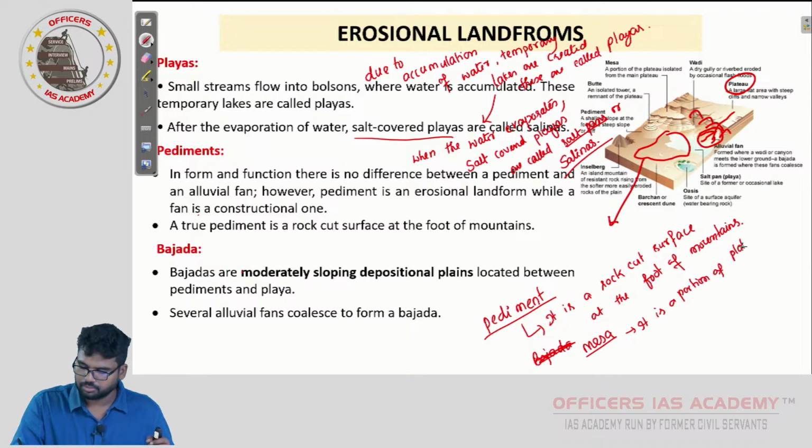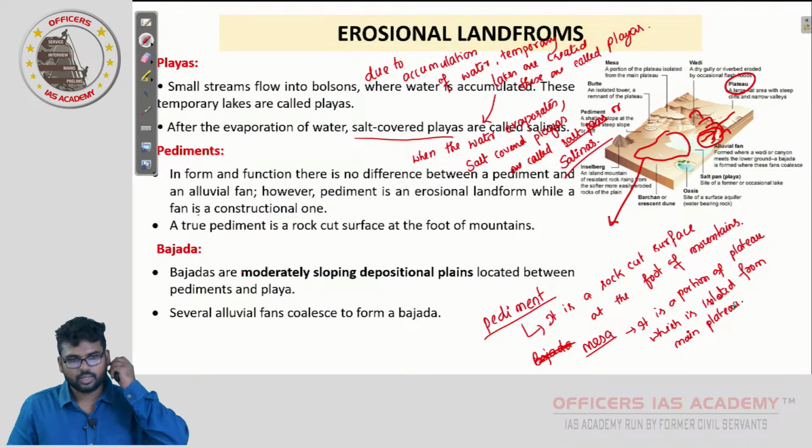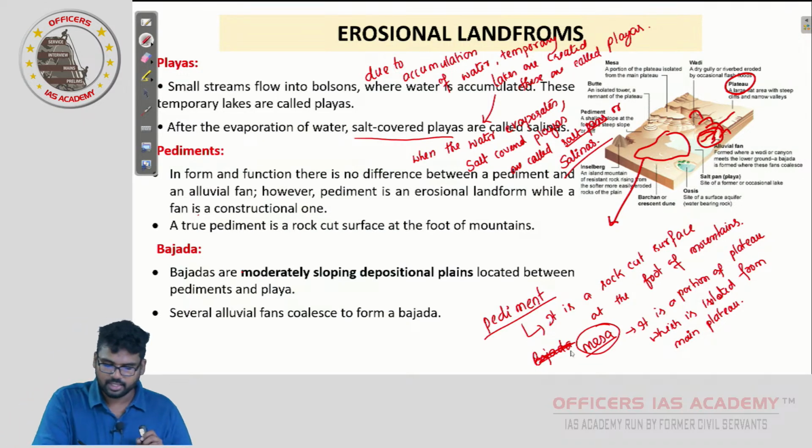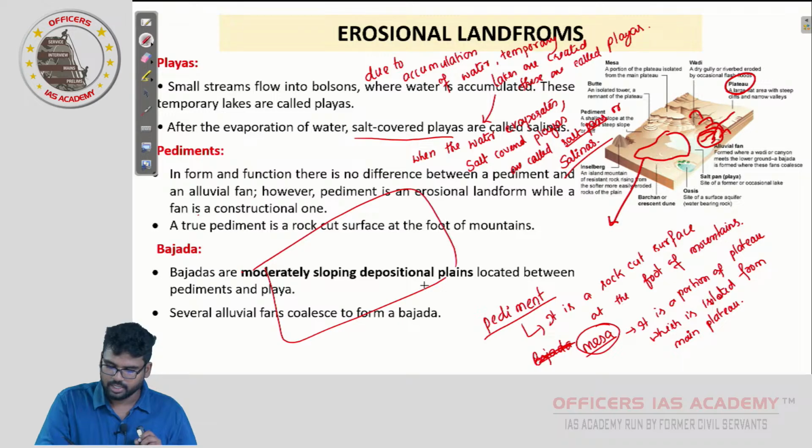It is a portion of plateau which is isolated from main plateau. In some of the arid locations there can be an isolated plateau which is separated from the main plateau, that is called mesa. Now when such mesa is subjected to erosion, let us say there is this area, arid area,